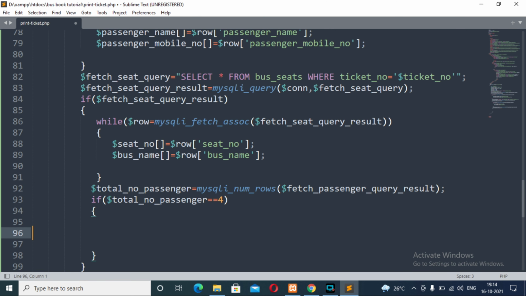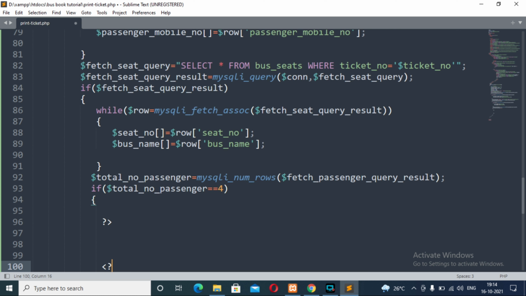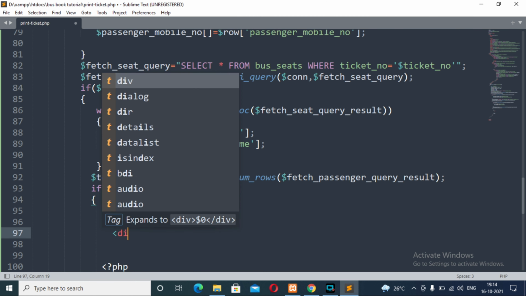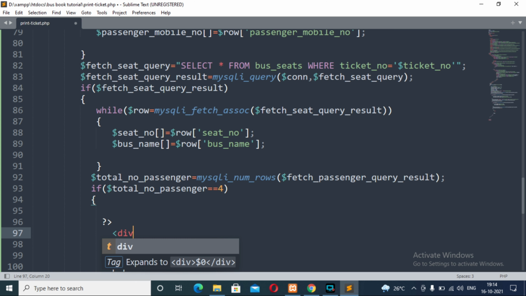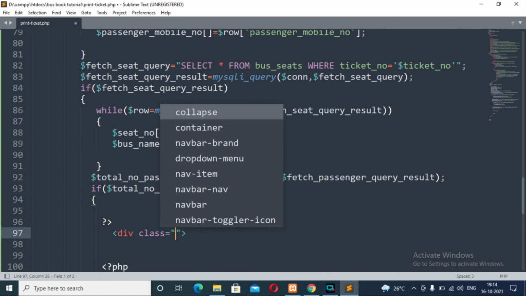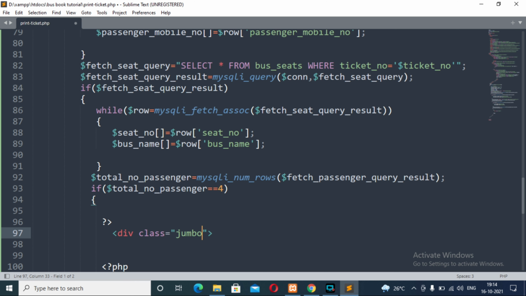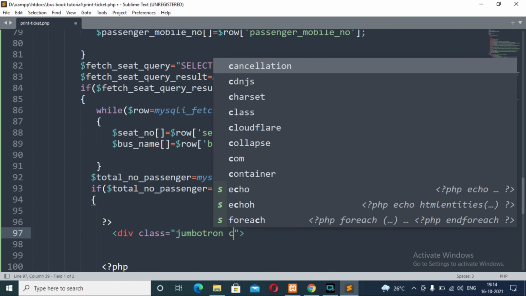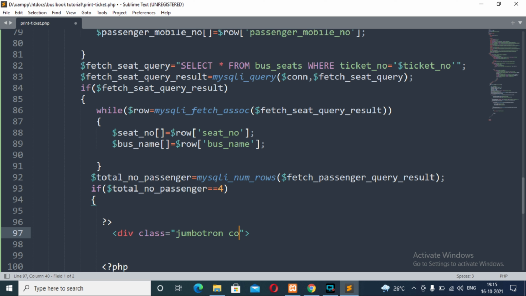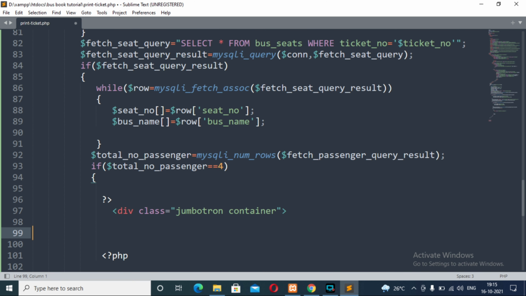from here we will have HTML script. So we need to close this PHP script and open this PHP script. And in between this opening and closing of PHP script, we will provide HTML tag that starts with the div tag with the class attribute, type the value Jumbotron container. And I think I don't need to tell what is Jumbotron, what is container, because I have already told in the last video where I was working on front-end part of our project.